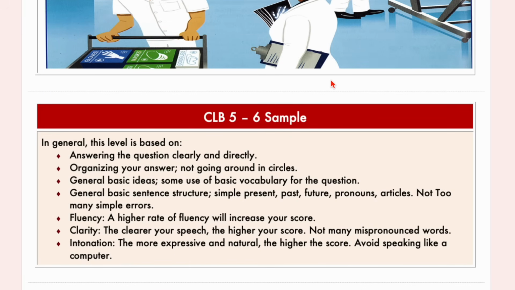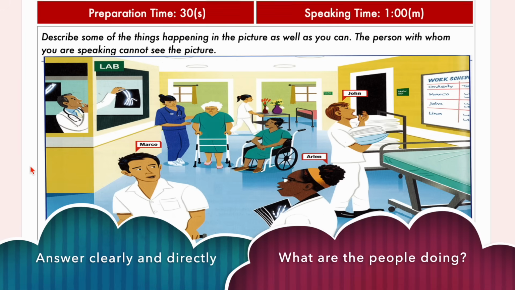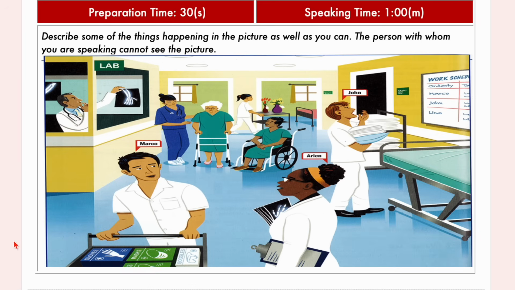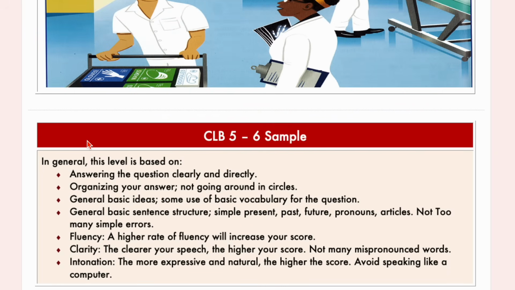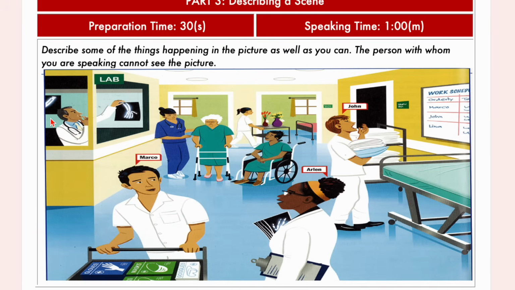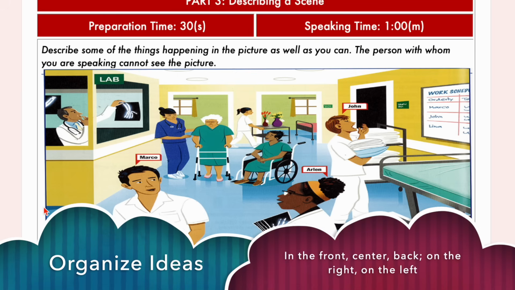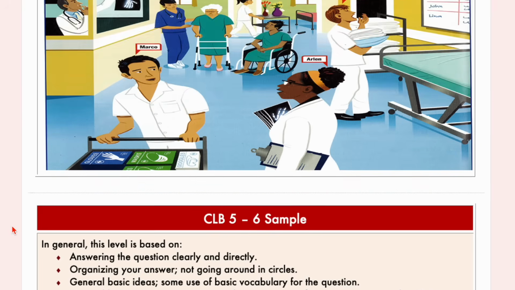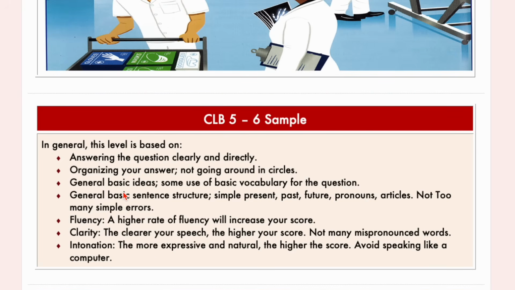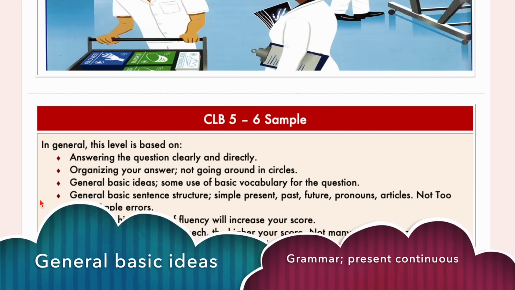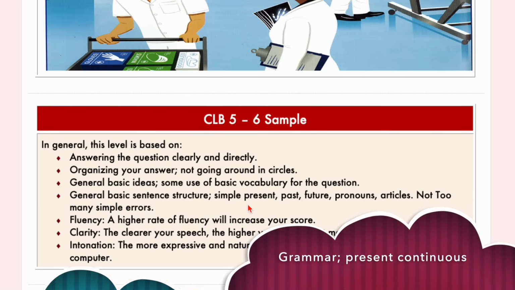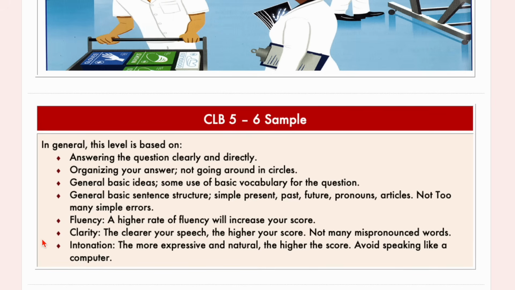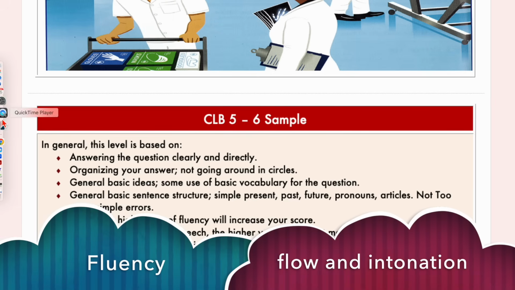So for the CLB 5-6 sample, I just want to remind you that we need to make sure we answer the question clearly and directly. And that will mean speaking about what the people are doing. That's the most important part. And of course, we're going to try to give some organization: the front, the middle, the back, on the right, on the left, okay? That's how we organize. Just general basic ideas, there's not a problem. We're going to be using present continuous a lot. It's very important for this level. And of course, trying to give some fluency and clarity. Okay, so